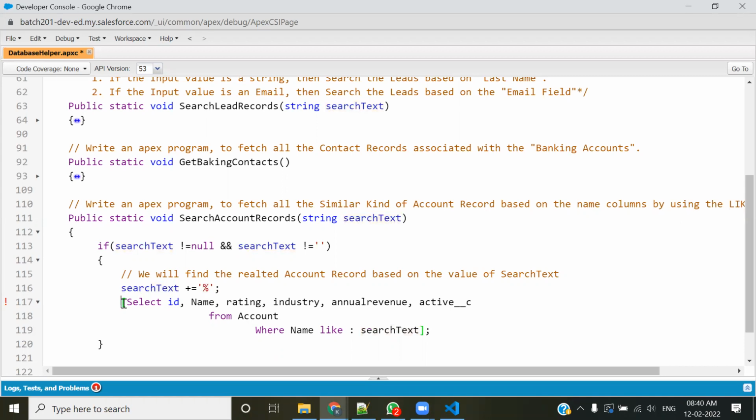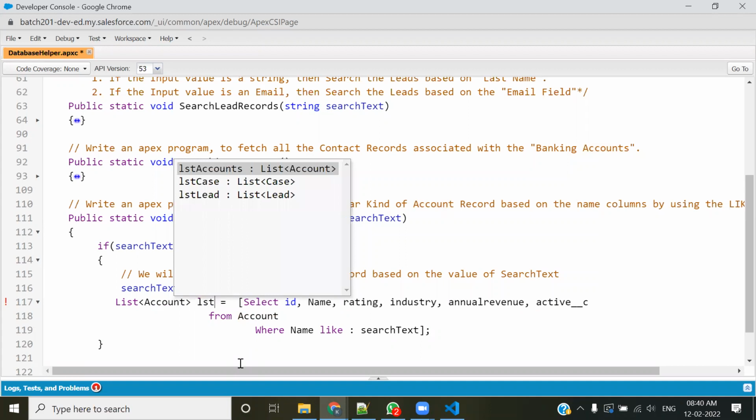Now we always assume that query will return you multiple values, है, तो हम हमेशा कहाँ कलेक्ट करते हैं उसको, we always collect it inside the list collection, list of what, because this query is fired on the Account object, and that's why it should be list of Account, ठीक है, list of Account. Now give any name, for example